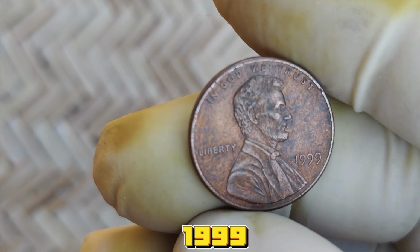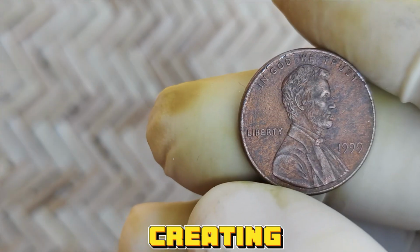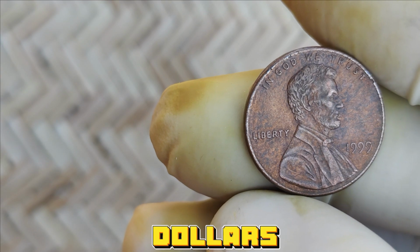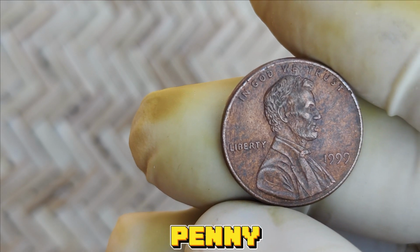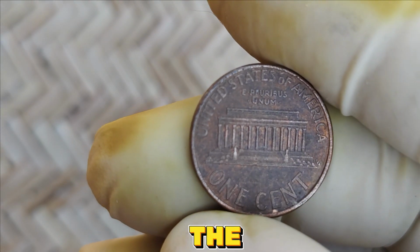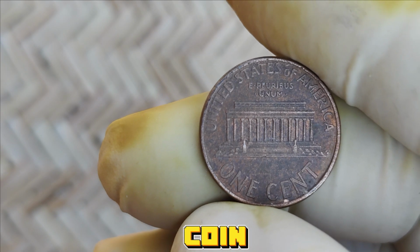In 1999, an incredibly rare mistake occurred at the U.S. Mint, creating a batch of pennies so unique that they became worth hundreds of thousands of dollars. This error resulted in the now famous Ultra Lincoln penny. So, what exactly happened? The Ultra Lincoln penny is an extremely rare double die or misprinted coin, meaning the image